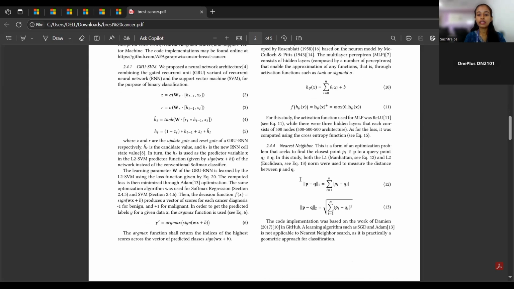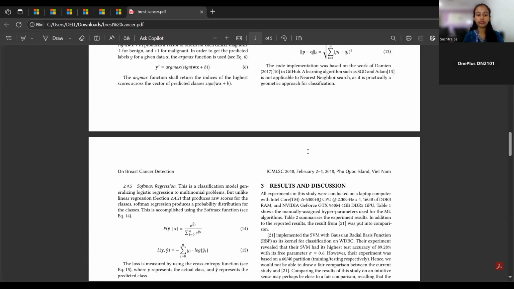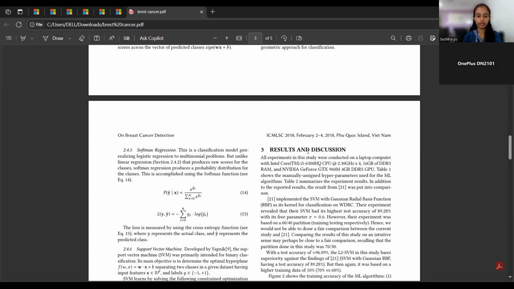Next, we can see the nearest neighbor with L1 and L2 norms, a non-parametric method using geometric distance. L1 accuracy is 93.57 percent and L2 accuracy is 94.373 percent. Next, we can see the softmax algorithm,